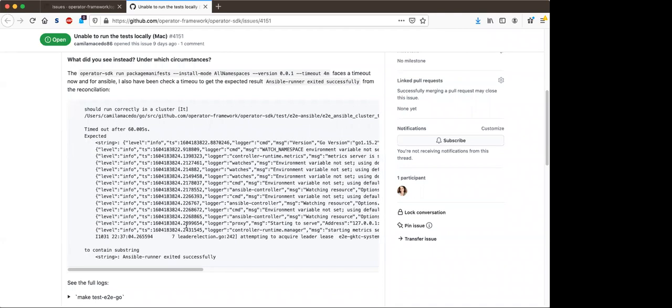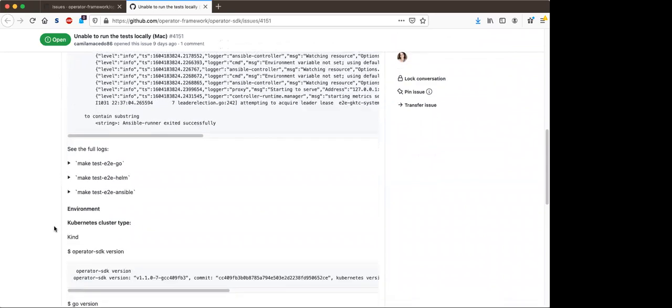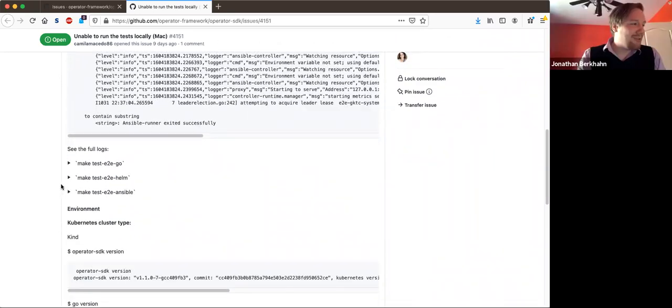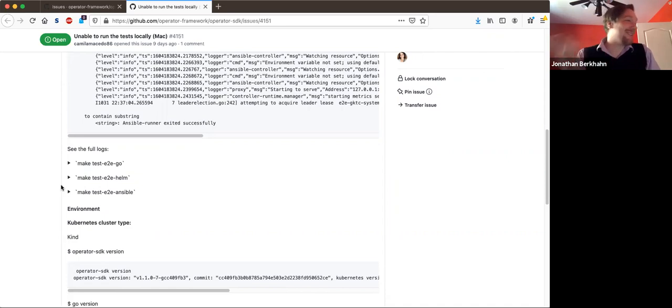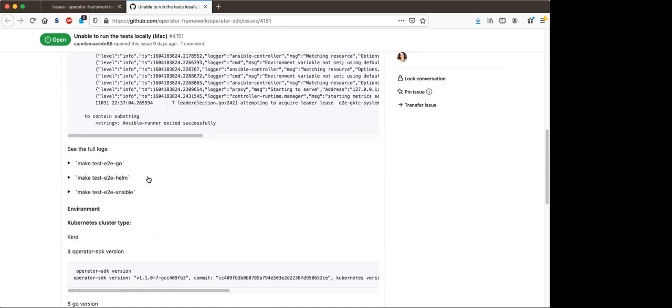Jonathan, did you run the new Makefile stuff and have issues, or were your issues only happening prior to the changes? I know you were having issues a while ago. My issues are different now. Okay. They're new issues with the new updated Makefile, so I guess that's exciting at least. And are you also on a Mac? Yeah, I'm on a Mac.